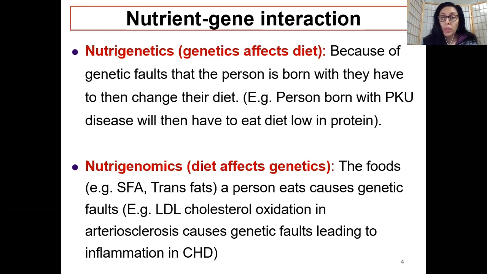So nutrigenomics means when your diet has been faulty and this is affecting your genes. For example, when a mother's diet is faulty, that may affect the baby's genes. Epigenetics is what you studied. Or when your own diet is faulty, causing underlying inflammation, because of which the individual has various disease conditions. So nutrigenomics is where you have the external factor first, the diet changing the genetic composition, and therefore the disease happening. That is the difference between nutrigenetics and nutrigenomics.